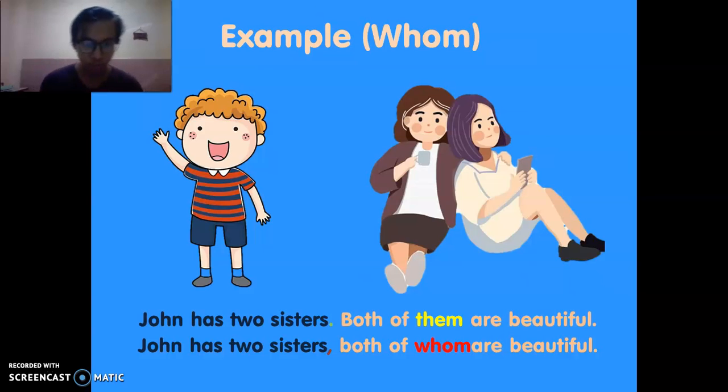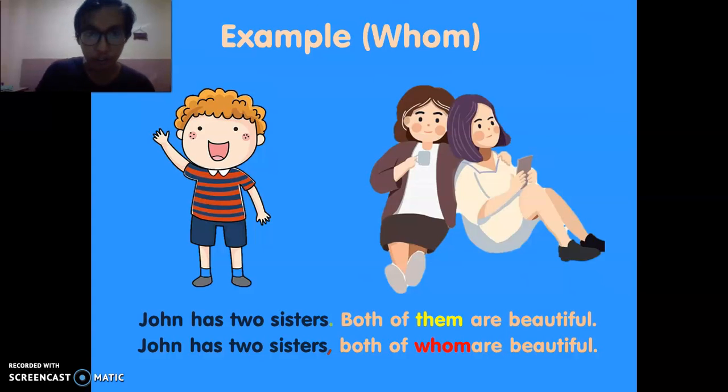John has two sisters, right? And then we should put a comma because this is the adjective clause with the expressions of quantity. And then both of whom are beautiful. So them here will be changed to whom, which is the relative pronoun for the people. And then